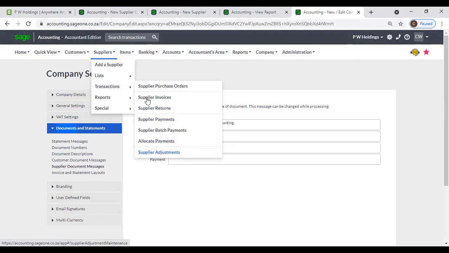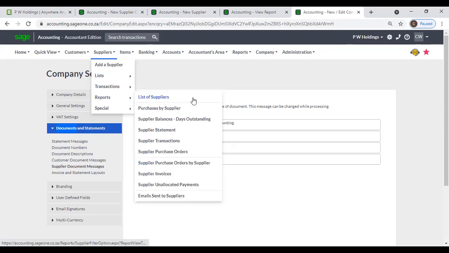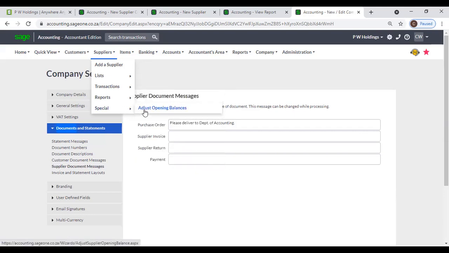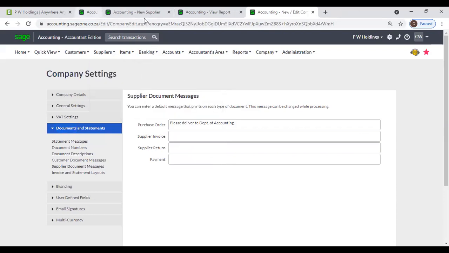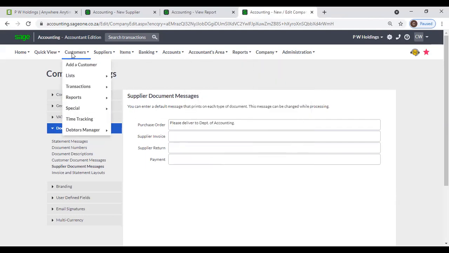supplier adjustment. And from reports, you can view list of suppliers, purchases by supplier, supplier outstanding report, age analysis, supplier statement, supplier transactions, supplier purchase orders, supplier purchase orders by suppliers, and supplier invoice, supplier unallocated payments, and emails sent to suppliers. From special, you can change your supplier opening balances. Right. Next, we will move to